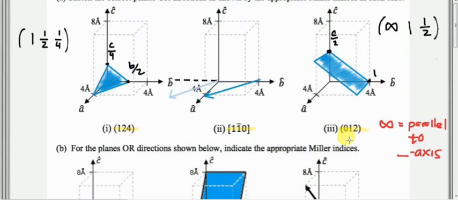Again, the parenthesis 0, 1, 2. That is a plane. So take the reciprocal of that. Whenever a plane occurs there, you take the reciprocal to find the intercept. 1 by 0, 1 by 1, 1 by 2. 1 by 0 is infinity, so it is parallel to the A axis. 1 by 1, so it is touching 1 along the B axis here. 1 by 2 is 0.5 along the C axis. So this is that plane. Okay.